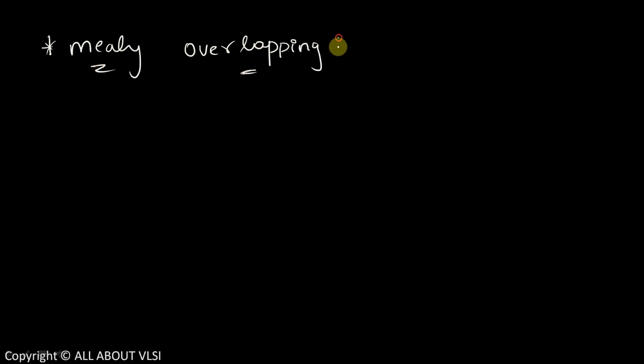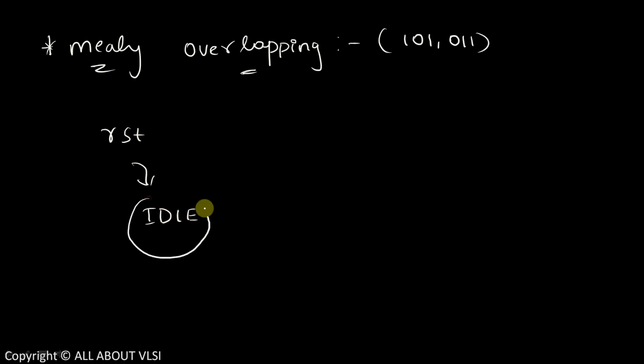Now let us try to design a Mealy overlapping sequence detector for multiple sequences. Those are 101 and 011. So again, if we apply the reset signal, we will come to idle state. And if we are in idle state, if we get 0, we have one option, and if we get 1, we have another option. So we can go to S1 state,